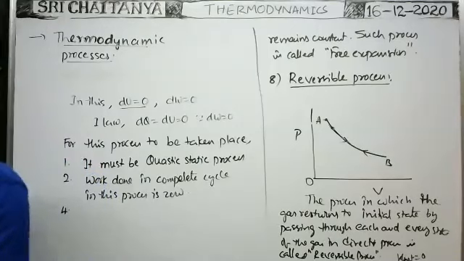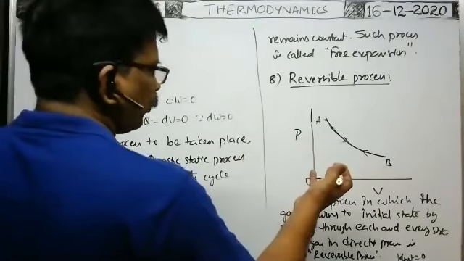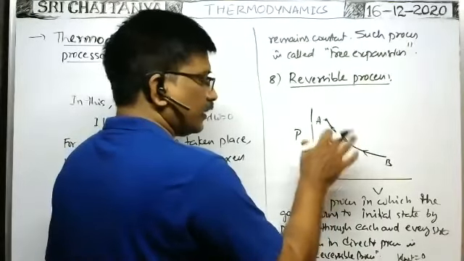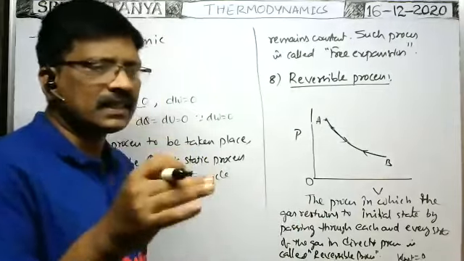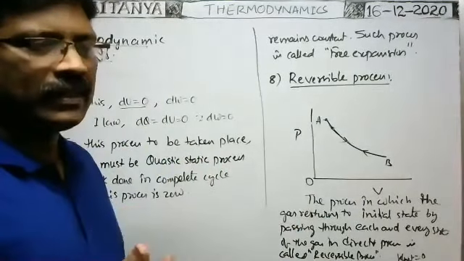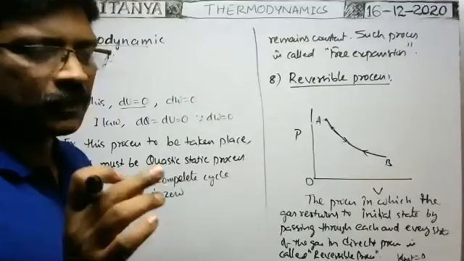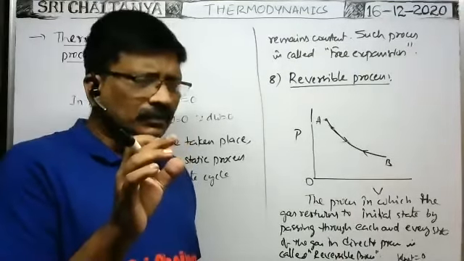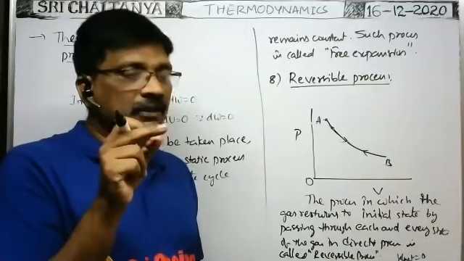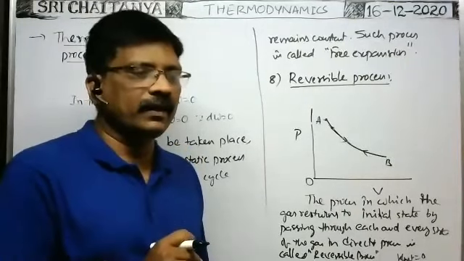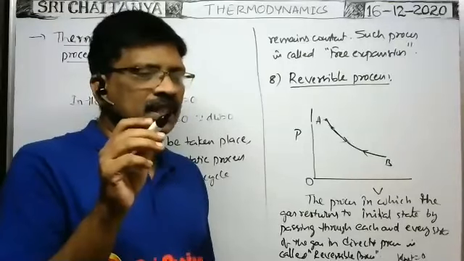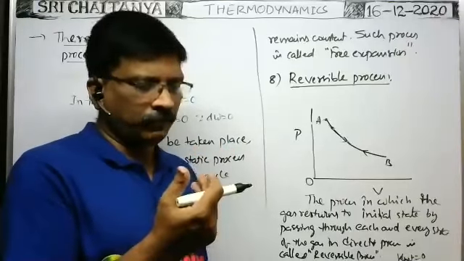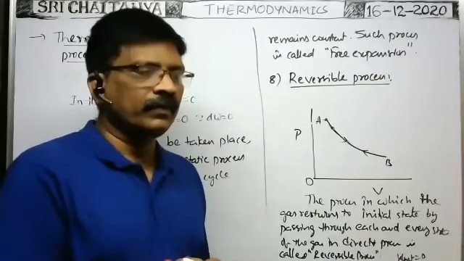Okay. Here there should not be any dissipative forces. Dissipative forces means frictional forces, viscous forces, etc. They should not be present, because even in the case of gas, viscous force is there, no? Because of collisions, the viscous property exists even in gas. Based on that only, Stokes' formula is there, no? In fluid mechanics, according to Stokes' formula, viscous force acts on a spherical body when moving in any fluid like gas or liquid, etc.